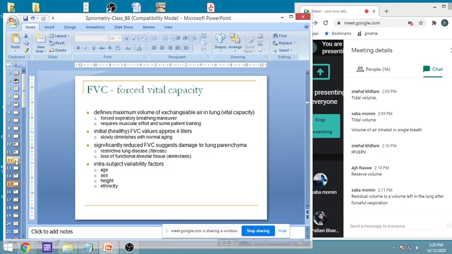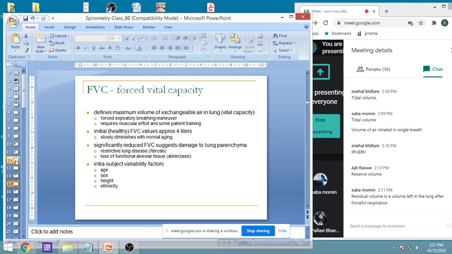So it defines the maximum volume of exchangeable air in the lung, that is vital capacity. The forced expiratory breathing helps us to understand it. Then it requires a muscular effort, and some patient training is required in that. The healthy FVC values are approximately 4 liters, and it slowly diminishes with normal aging and also with